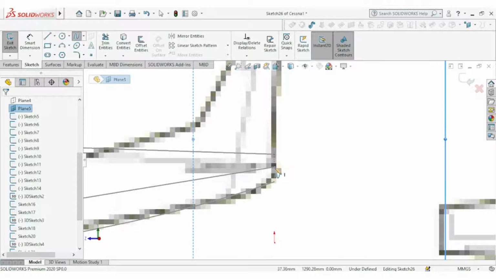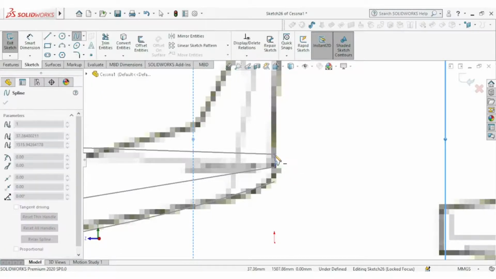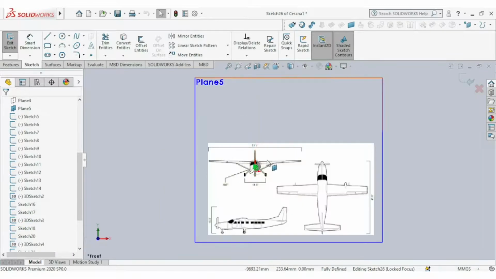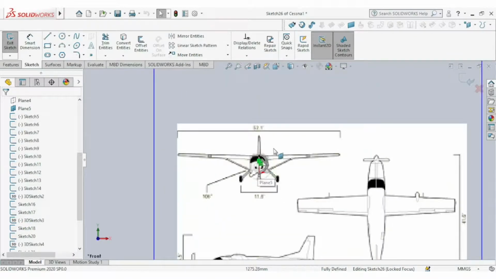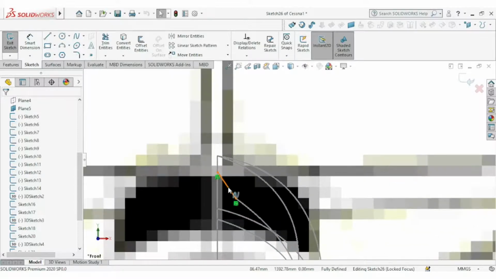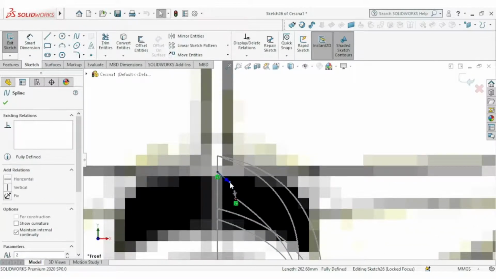Okay, let's generate some bit of a curvature.